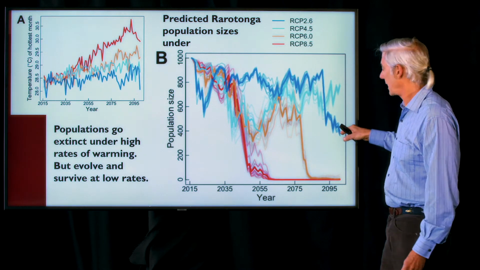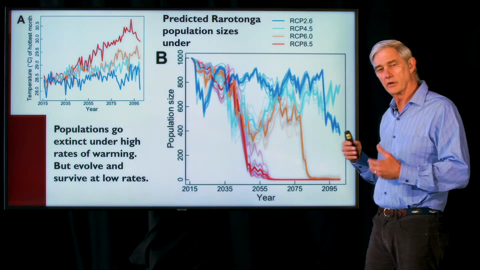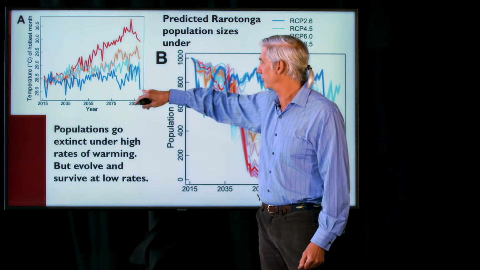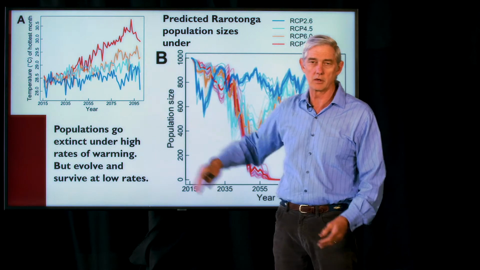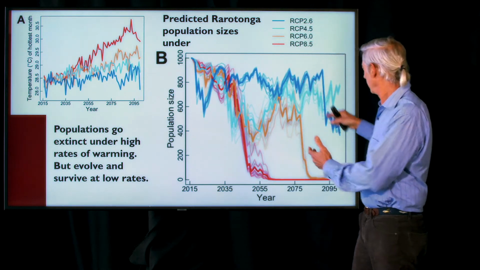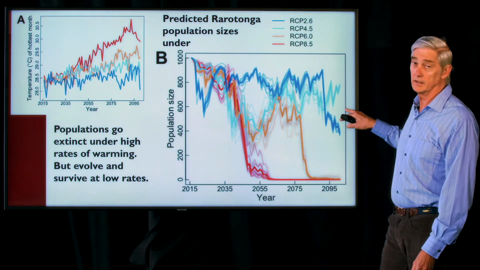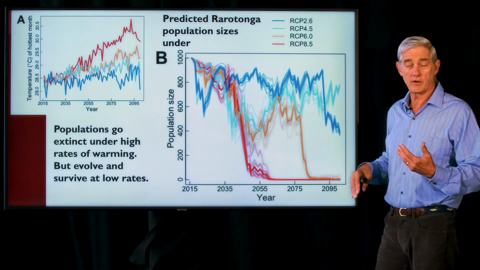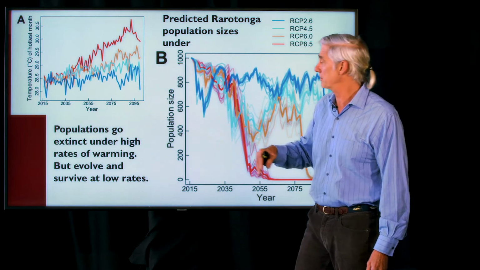Ironically, this collapse here at the end is not because temperatures go up, but because of a strange part of this temperature model. Temperatures right at the end of the century are projected to drop here in this model. So that's what's causing the drop here in this part of the prediction. If we go to RCP 4.5, a little bit more quick increase in temperature over time,